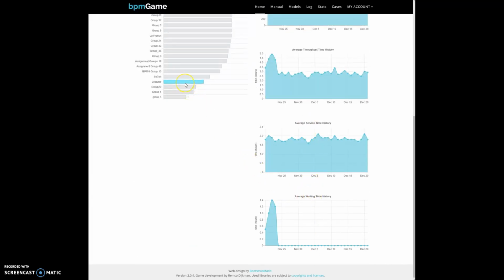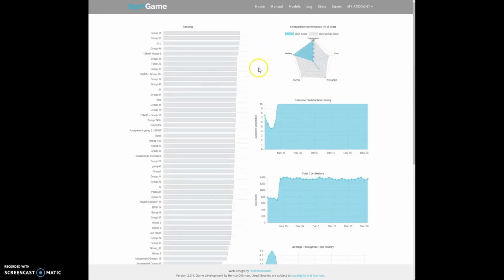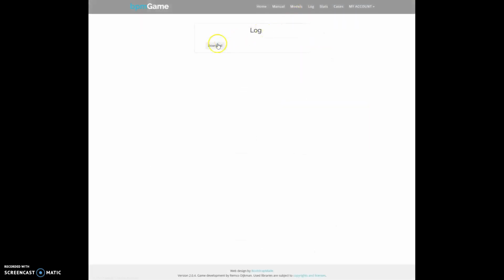And as you can see over here, I'm doing quite badly. I'm pretty much at the bottom of the pack of people who are playing at the moment. And I can look here at why that is. So here it compares, and what you can see is my cost score is 0, which means that I'm doing badly in terms of cost, and my service score is 0, which means that I'm doing very badly in terms of service time. Now what I can also do is I can download the log,